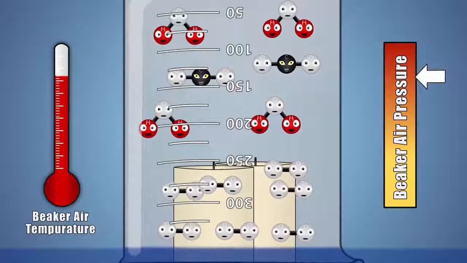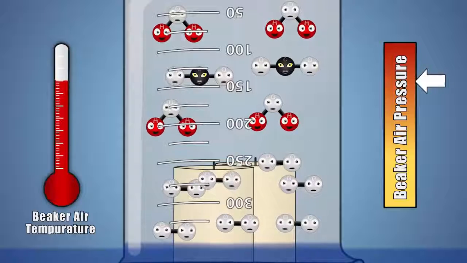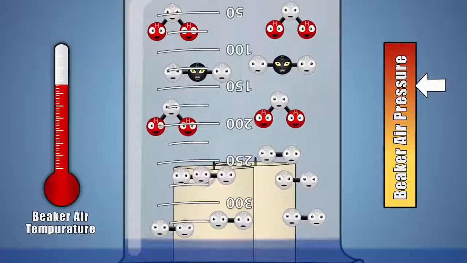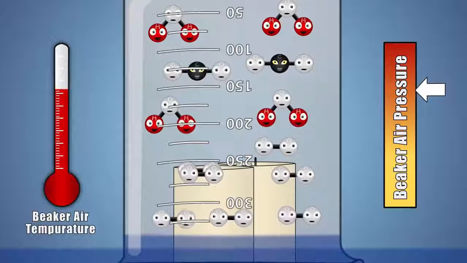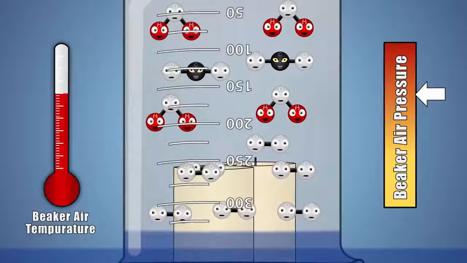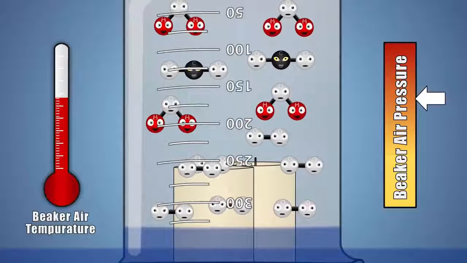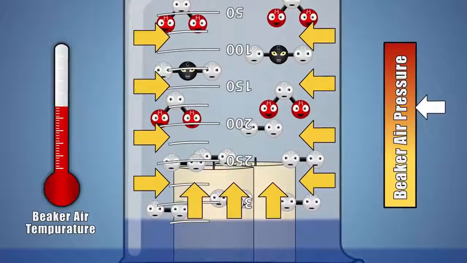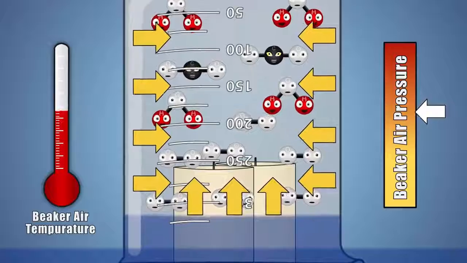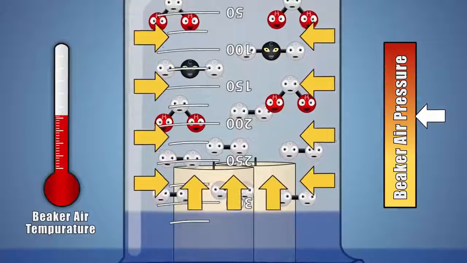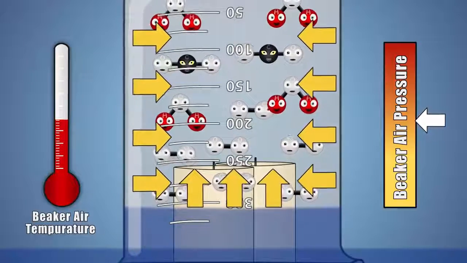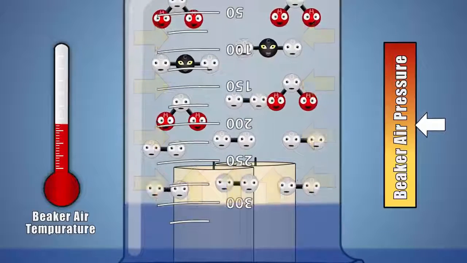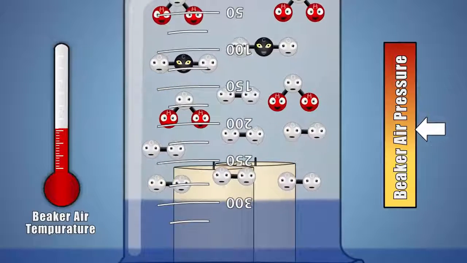losing their excitement. This causes the amount of pressure our air molecules are exerting on the sides of our beaker and the water at its base to drop. As the pressure drops, the air under our beaker wants to be equal to the pressure outside of our beaker. This need for balance causes a pull on the sides of the beaker and the water at its base. Because it's much easier to pull water into our beaker than it is to collapse the sides of our beaker, the water in our shallow container is pulled into our beaker, raising the water level under the beaker, equalizing its